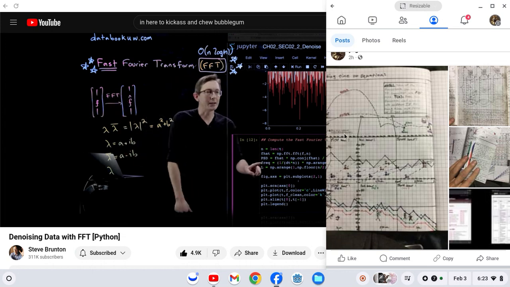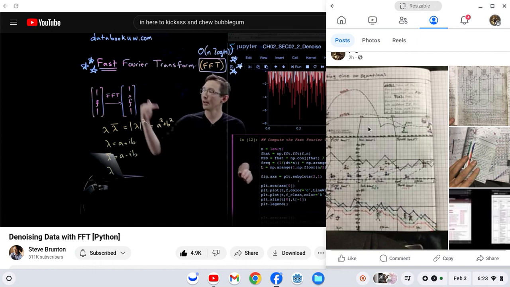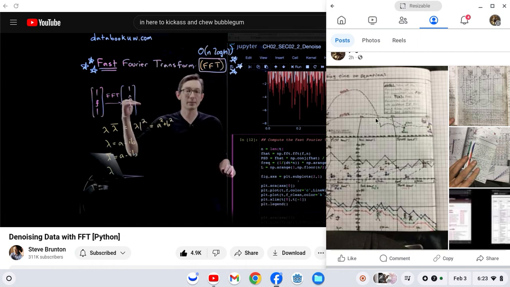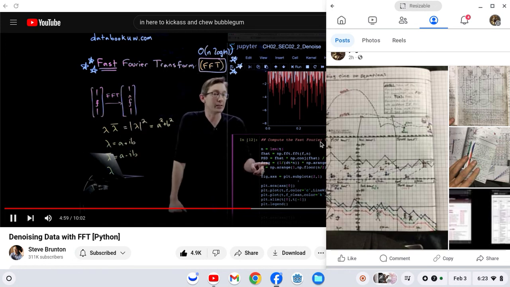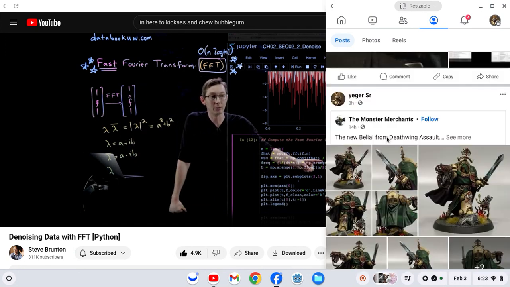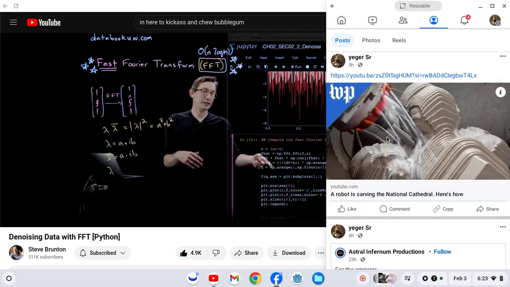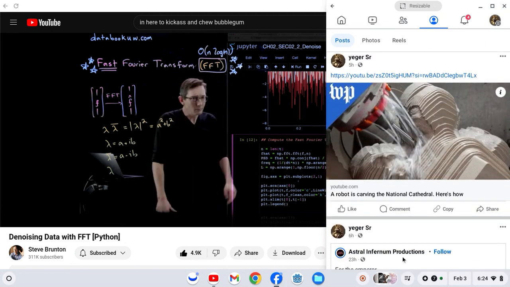Then I have to compute this vector of frequencies. Each entry in here corresponds to a particular frequency from low frequency to high frequency. And so I have to actually build a vector of all of those frequencies in this freq vector. And now what I'm going to do is